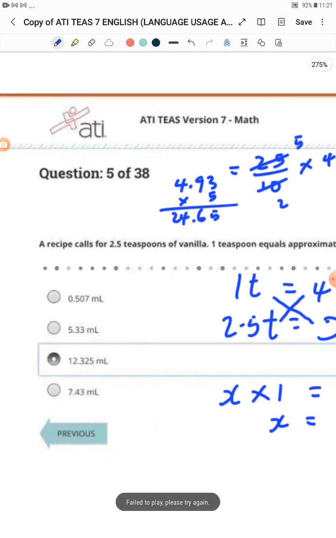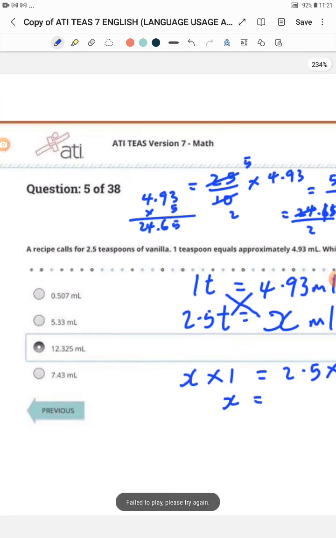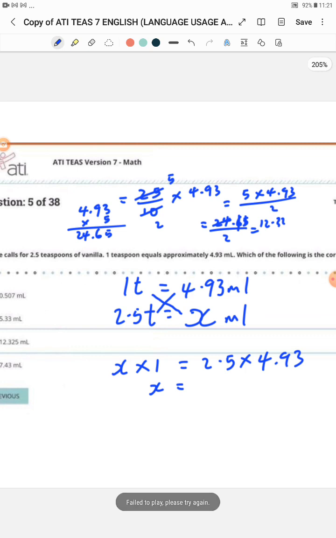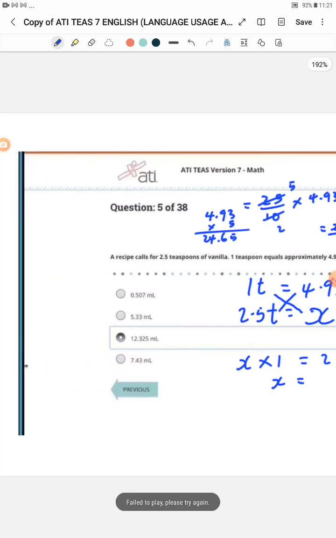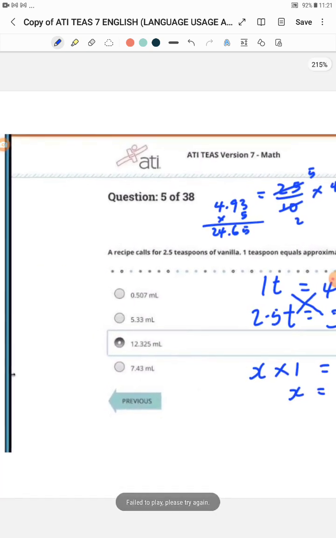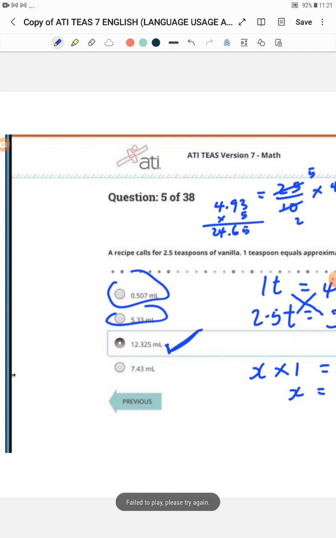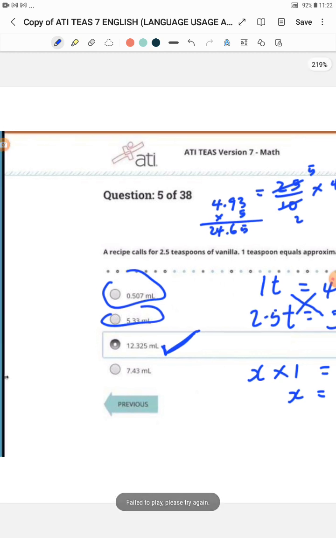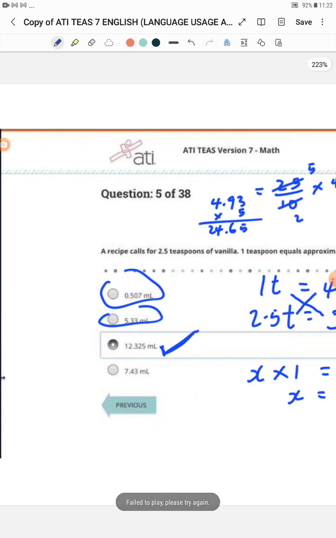So always check your options so that you won't be wasting your time. What I actually got here is 12.32. If you continue like that, you will get other values. So 12.32. Of course, this is not the answer. If you have used a calculator, definitely you'll get that. You just don't want to waste time with that. So you have 12.325 milliliters. So that's the correct